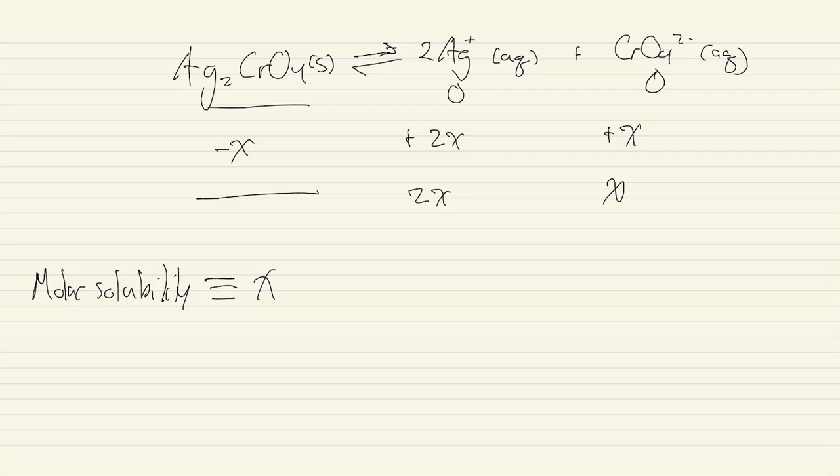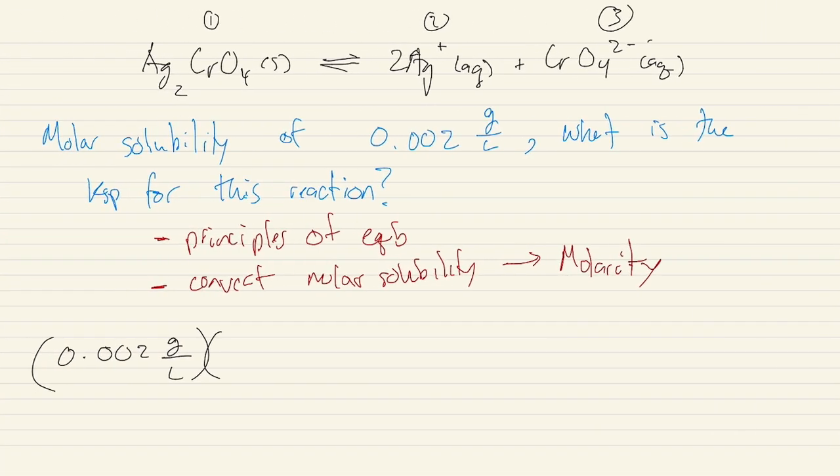Right, so that's how we connect these two things. You don't have to do an ICE table for this problem. You can just realize that the molar solubility is equal to x, but setting up the ICE table allows you to see that we need to keep the stoichiometry here, because we have 2 moles of silver and only 1 mole of chromate. So that's why we have to go into units of molarity,